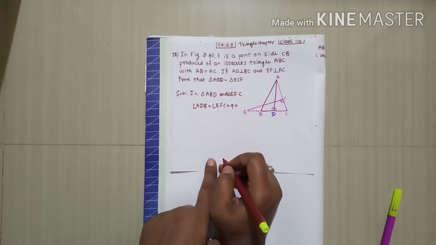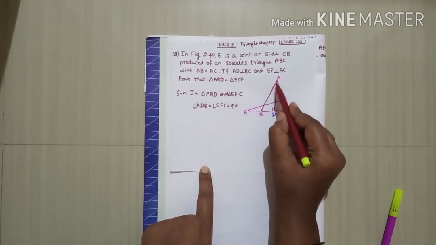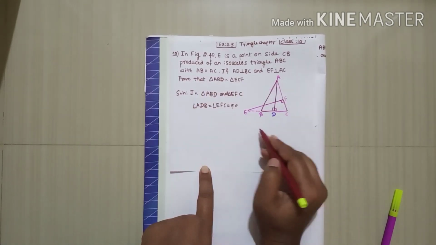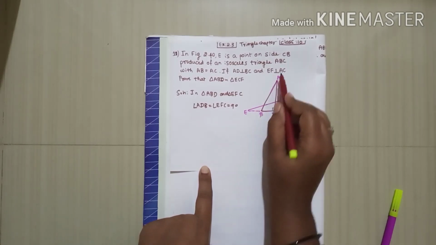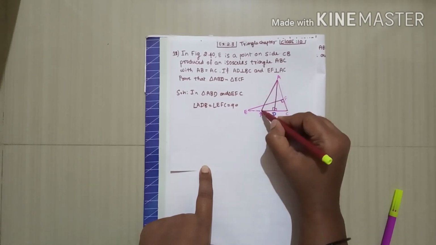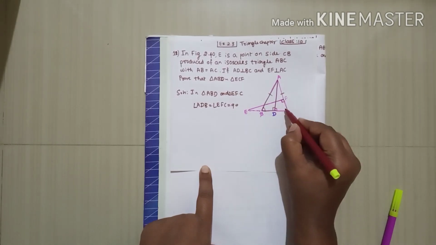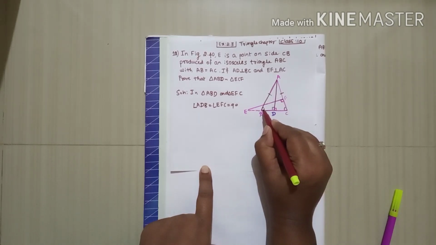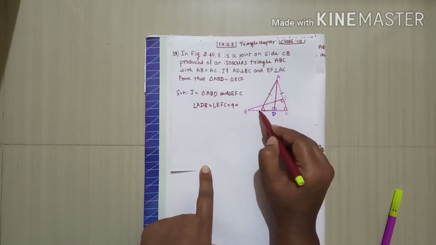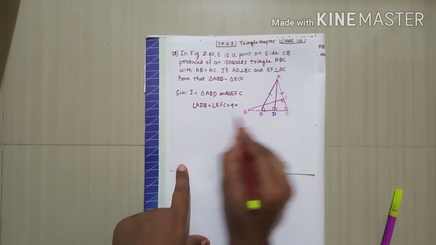Now one more thing you observe, what they have given in the question. AB is equal to AC. In the triangle ABC, AB equal to AC. In an isosceles triangle, angles opposite to equal sides are equal. Here ABC is an isosceles triangle. So here AB equal to AC means these two sides are equal, so these two angles are equal, because angles opposite to equal sides are equal. So I can write angle B is equal to angle C. Angle B is in triangle ABD and angle C is in triangle EFC. So these two angles are equal, I can write it.